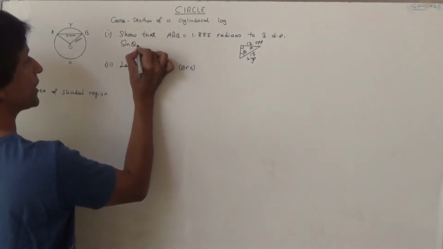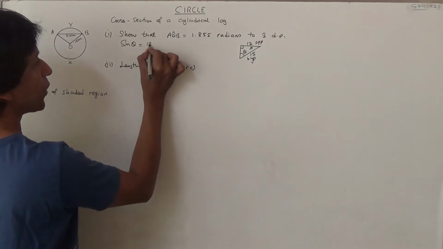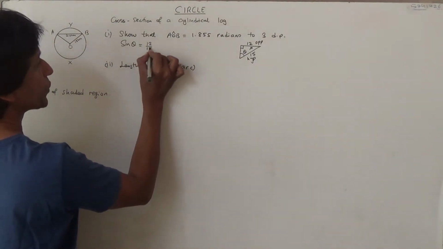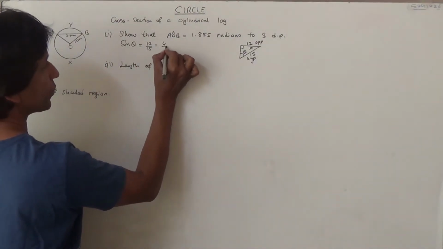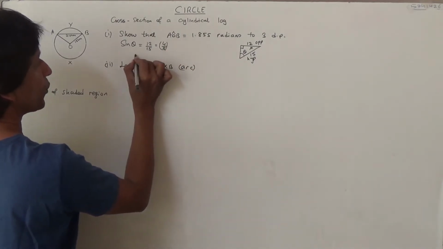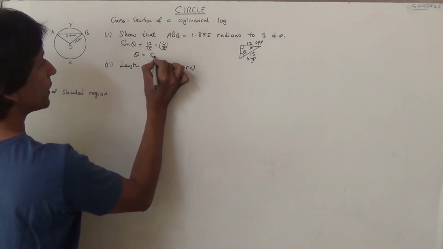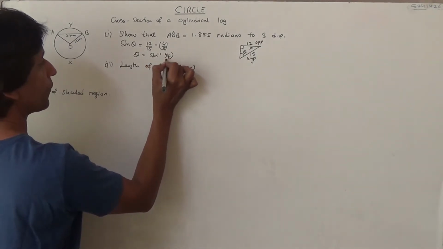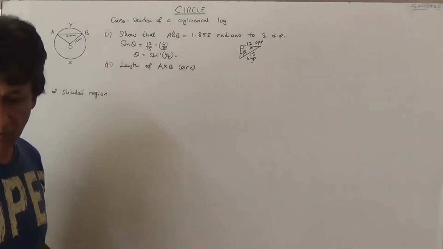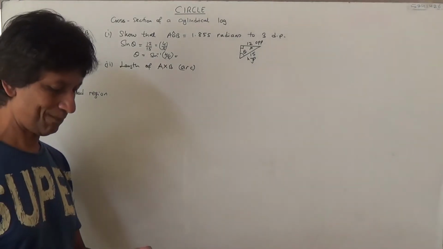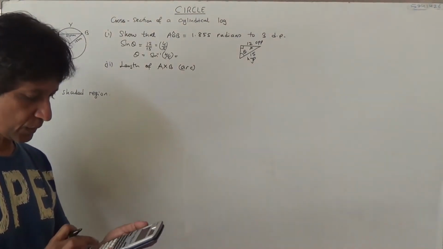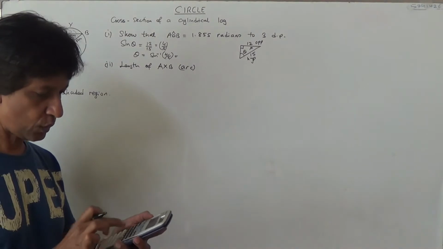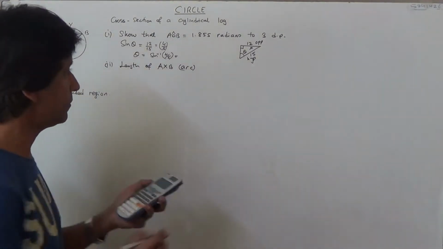So sine of theta is equal to the opposite, which is 12, over the hypotenuse 15. That's going to be equal to 4 over 5, and therefore theta is equal to sine inverse of 4 over 5, which is from our calculator. So sine inverse of 4 over 5 is going to give us